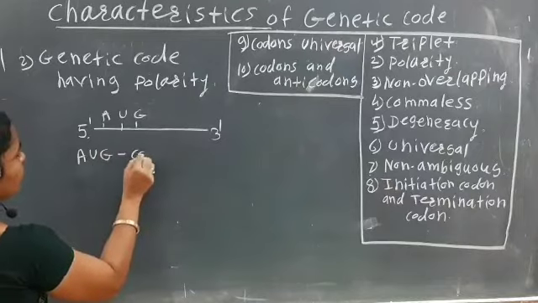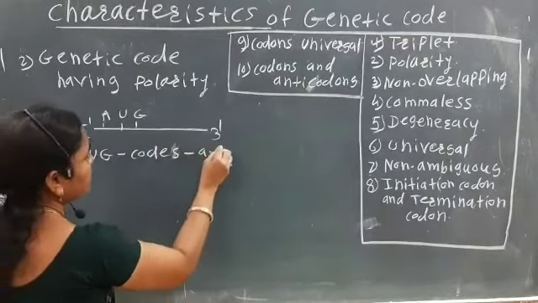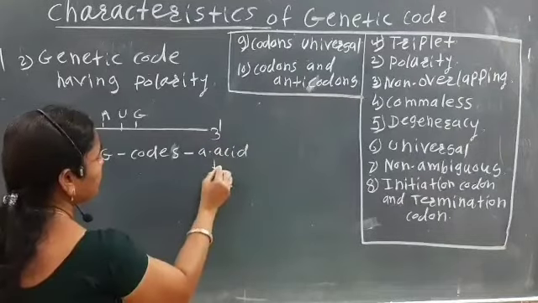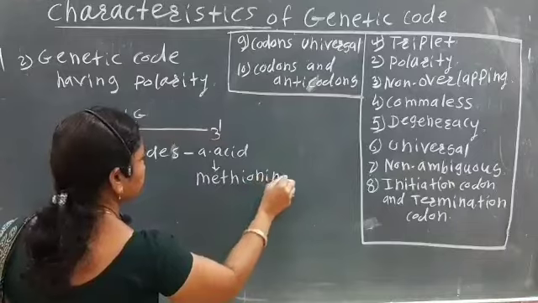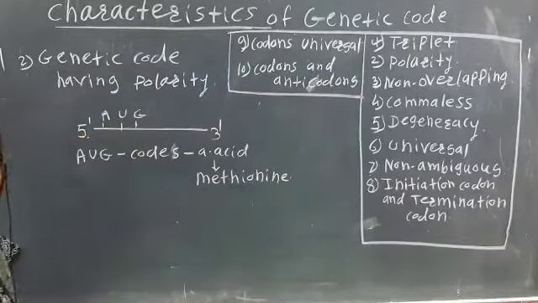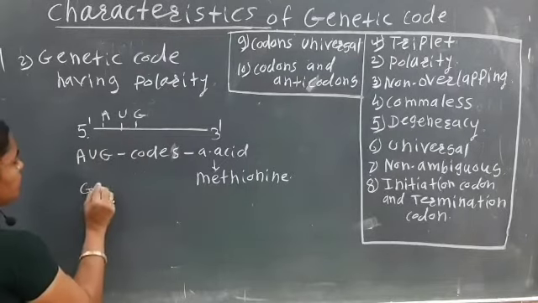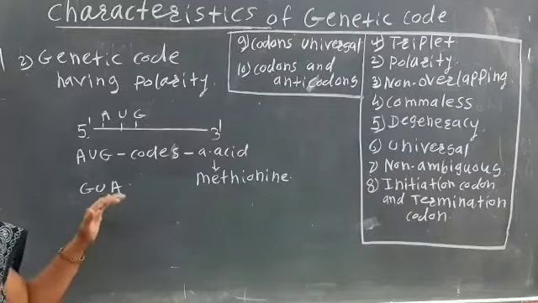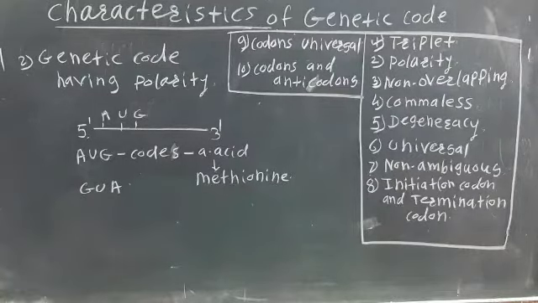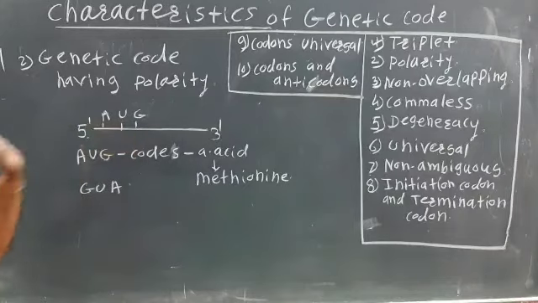Which amino acid does it code? Methionine. It codes the amino acid methionine. If there is a change, that is, if this AUG is changed to GUA, or if we read the code as GUA, okay,